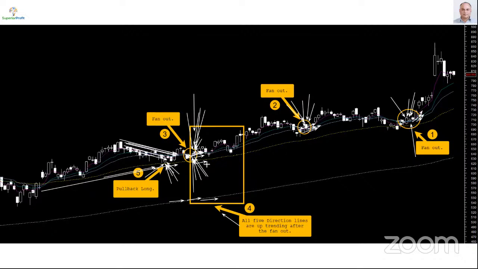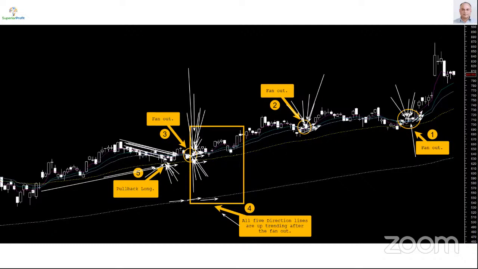I tend to take equal risk in each trade. However, there are many traders, and many successful traders, who vary position sizing based on how they perceive the chart or perceive fundamentals, perceive industry, everything together. So if that is the case, I would say they would have bought a bigger position at this point. They probably would have added to the position at the next point, which is go with flow fan out, and